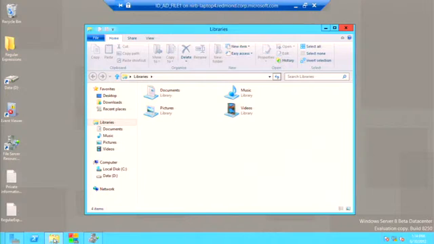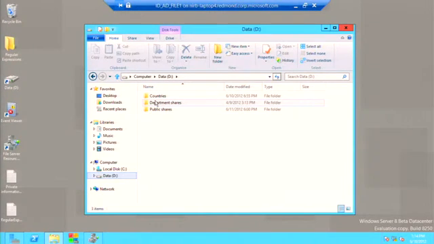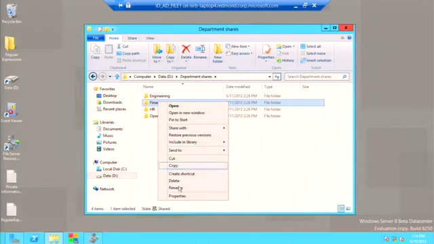So let's see, I'm on a Windows 8 machine on the file server, but I could also be on a client, and I'll go to my data repositories, and I'll go to my department shares here, and I want to say that the finance department